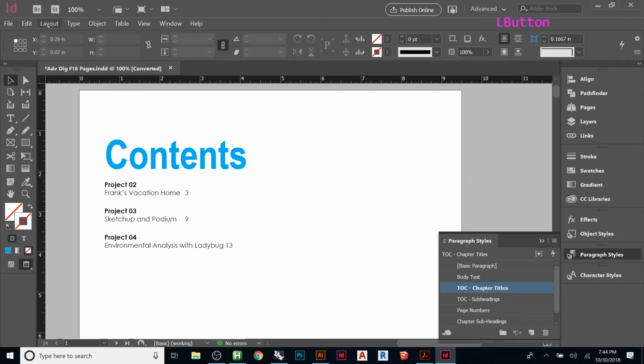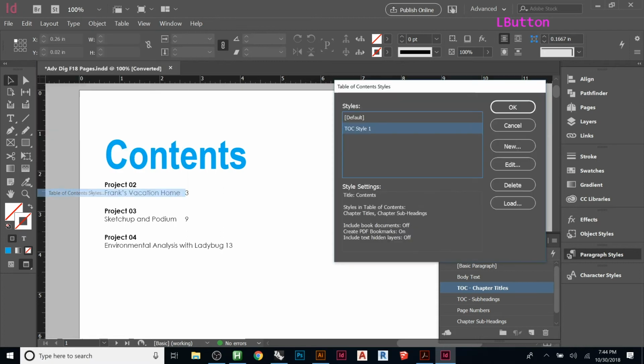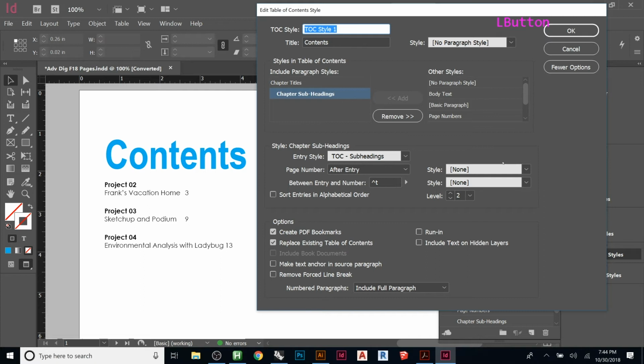We can go to layout, style, and then edit. And then this took me a while when I was first learning. I was like, why is it always called contents? And then if you look here, title is right there. So the default one is contents. So if you wanted to be like hip and write TOC